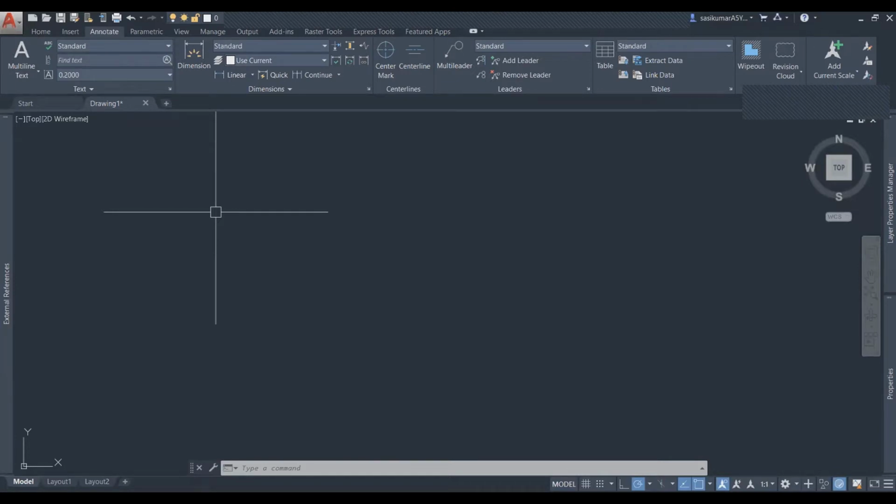Sometimes the style differs from person to person, company to company, consultant to consultant, or client or owner to owner. Some owners like thin lines with the dimension. Some owners like bold lines, with a different style of text and other things.